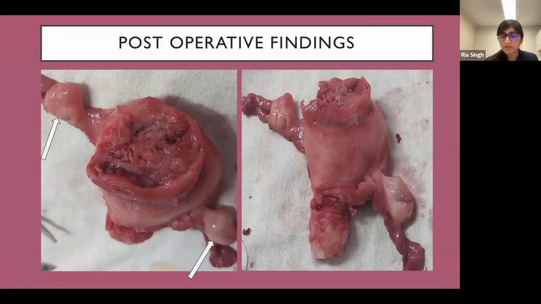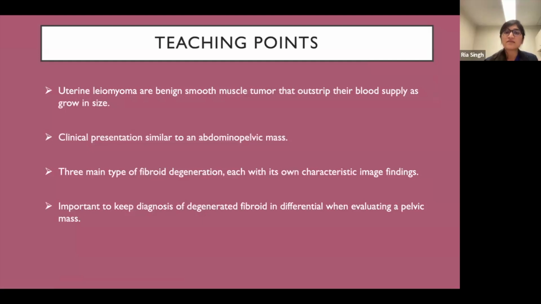Further workup done by labs actually confirmed that the mass was actually a degenerating uterine leiomyoma and not an ovarian cystadenoma. In fact, the arrows in white point to both the ovaries in the patient, which were found to be normal. So, wrapping up, some of the teaching points from this case were that a uterine leiomyoma is a benign,